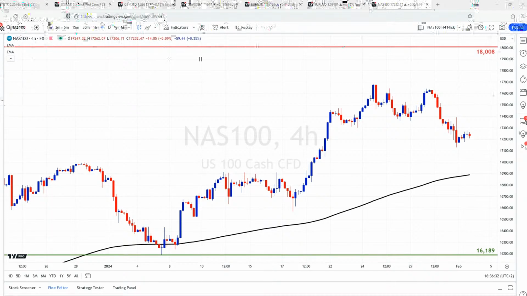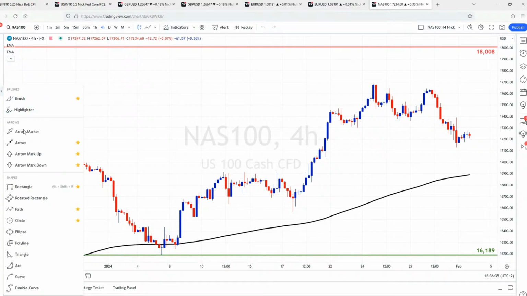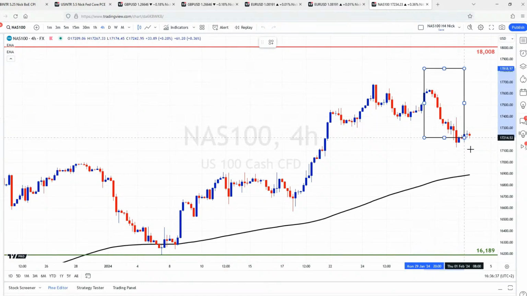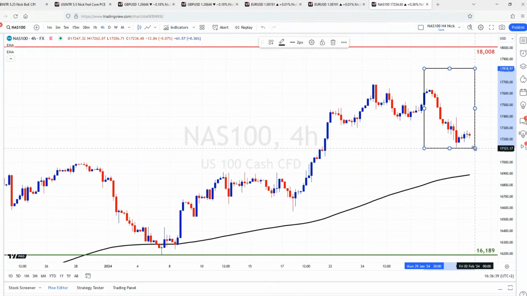The index pulled back over the last couple of days. You can see here, this is the pullback we're talking about, and the pullback of which we had actually warned in our last session. This exposes it to the critical 200 period EMA. The 200 period EMA is here at around 16,890. Daily closes below it are required to pause the bullish momentum, but strong catalysts would be needed, and the downside